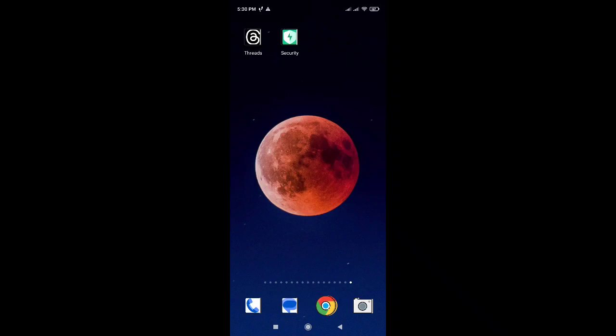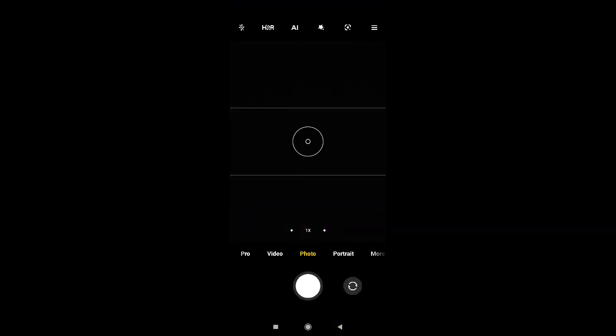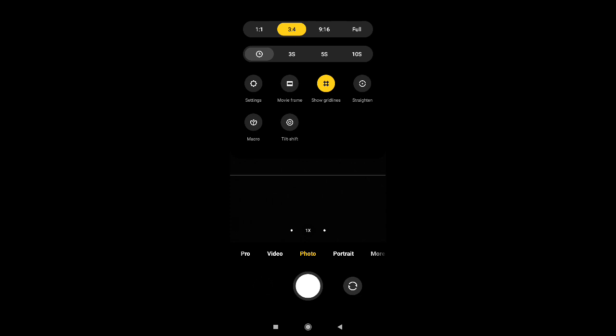Hello, in this video I want to show you how to reset camera setting in XIAOMI Redmi Note 10 Pro. First you need to open your camera app on your phone, then click on the three lines on the top right corner. Here we can find the settings, click on it,